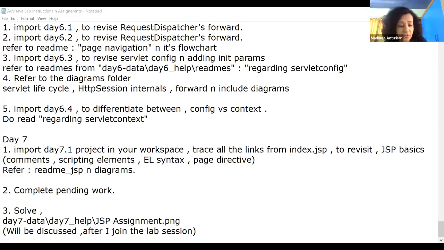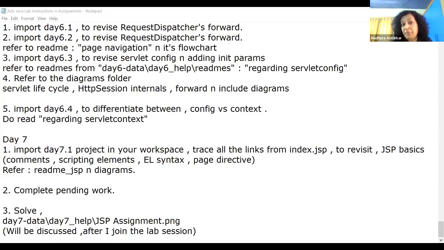Now answer the next question. Can you access, or okay, let me say what will happen, because that is the way I had shown you on Saturday. Will you be able to access the servlet context object from the default constructor of a servlet? It's a Boolean question, yes or no. Answer is no. You remember I have given that demo also. So if you call getServletContext from the default constructor, what will you get? Null value, blank value, or null pointer? Null pointer. Absolutely correct.